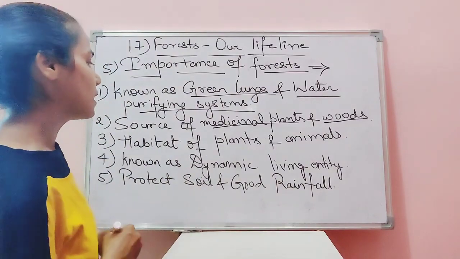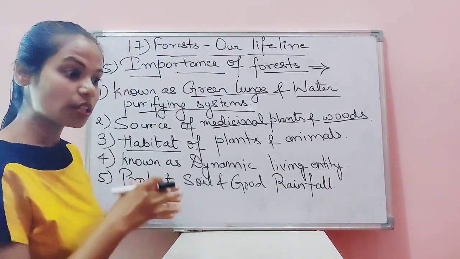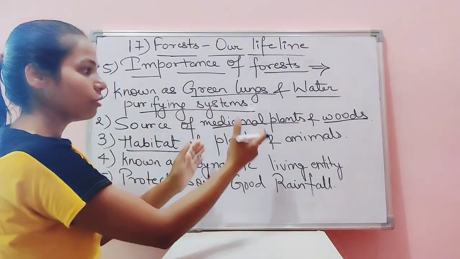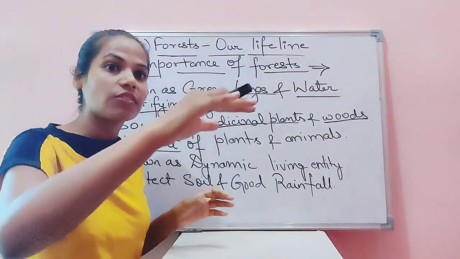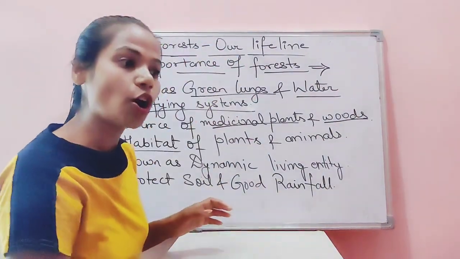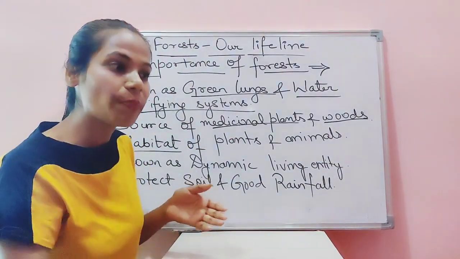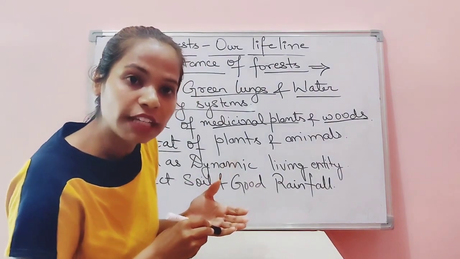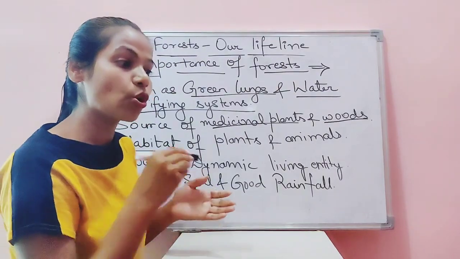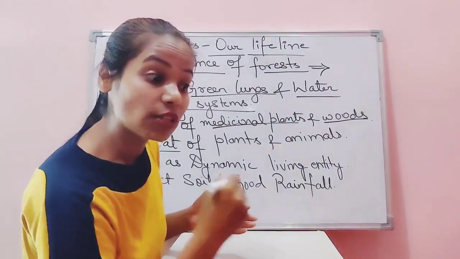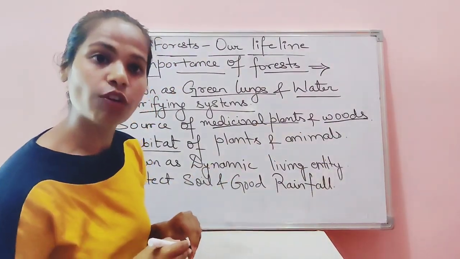Next, it is known as habitat. Habitat means what? It's a residence. It's a home surrounding of what? Different plants and animals. You must have seen different sizes and shapes of plants are found in different regions. It depends on what, children? It depends upon the climate of that area, that what type of plant you are going to find over there. It depends on the physical entities of that region, of that forest. What kind of animals will be found over there.